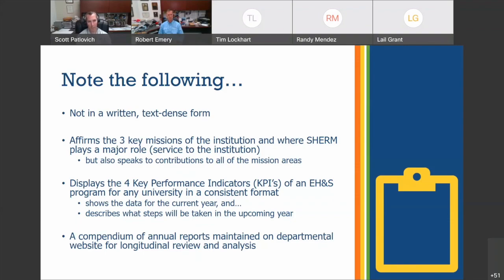The 4 key performance indicators, which were just reviewed by Safety Bob, are obviously highlighted throughout the report. And so what we really have excelled on in terms of being able to convey important information within the report is the way that the information is displayed and communicated so that just about any stakeholder who looks at this can make sense of it.